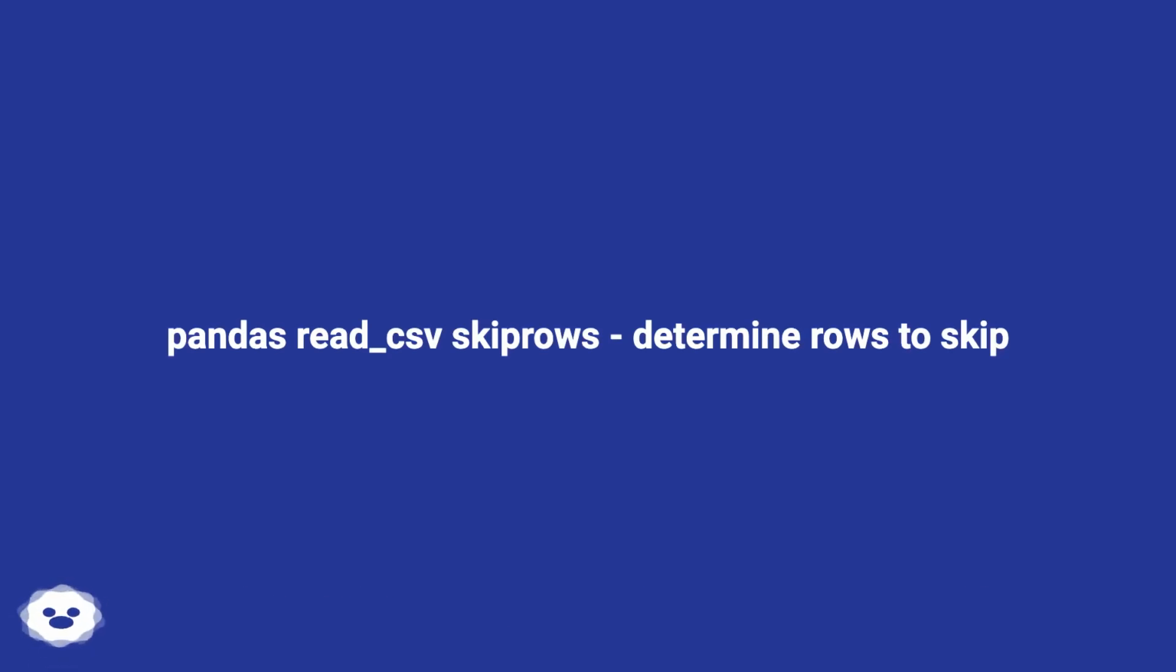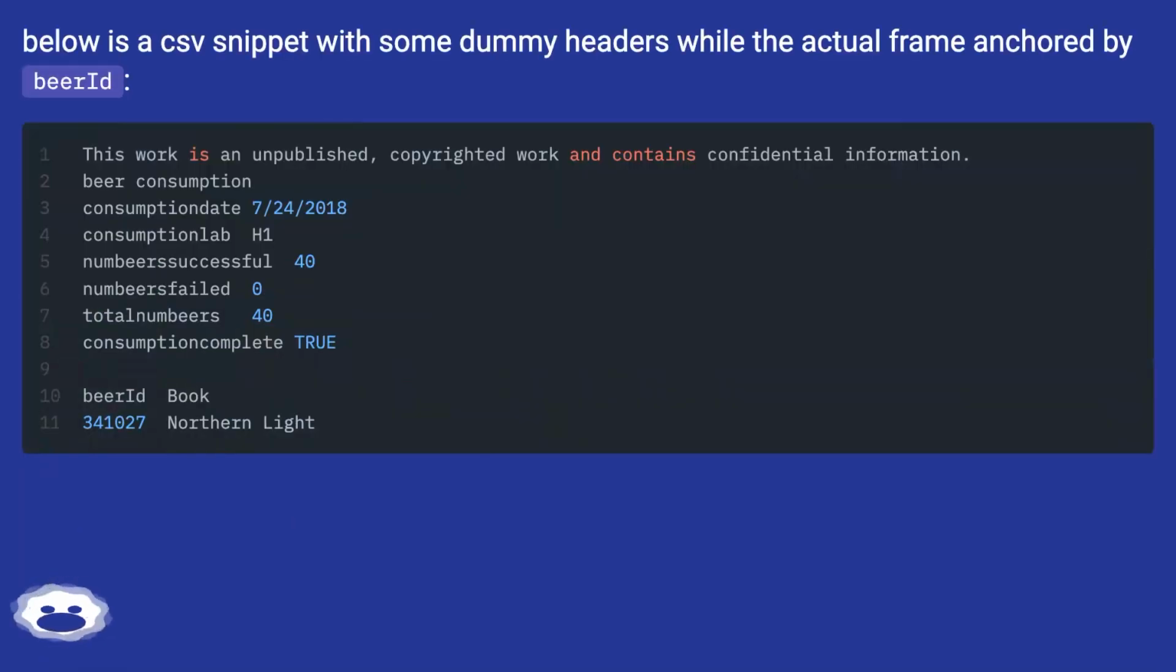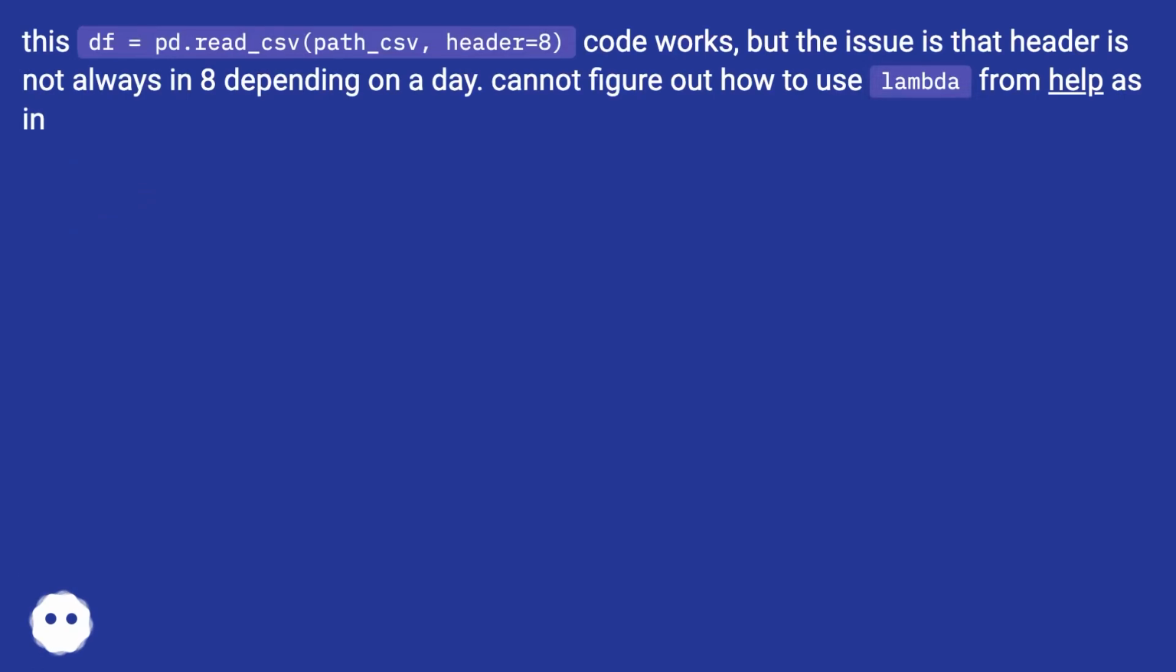Pandas read_csv skiprows, determine rows to skip. Below is a CSV snippet with some dummy headers, while the actual frame is anchored by Beerid. This is df = pd.read_csv(path_csv, header=8). The code works, but the issue is that the header is not always the same